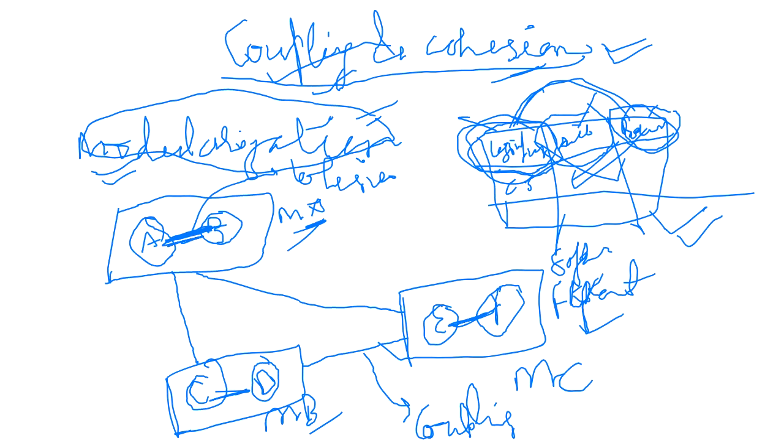Why not coupling? Because logically, if this login module is dependent on the products catalog module for anything, and if some error happens in the product catalog module, then the same error will be there in the login module also. If you want to perform any change in the login module, then the same change has to be performed in the product catalog module also. So with more coupling, what is happening? The modules are interacting more. Coupling means modules will interact. More coupling means more modules are interacting with each other. So if everything had to interact anyway, we could have coded it all together, so what was the need to make modules? That is the thing.